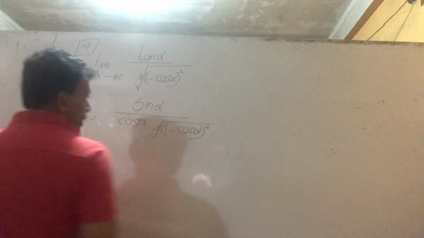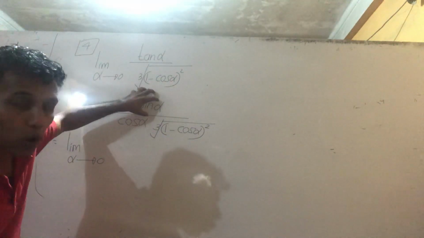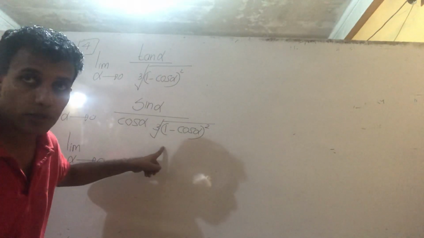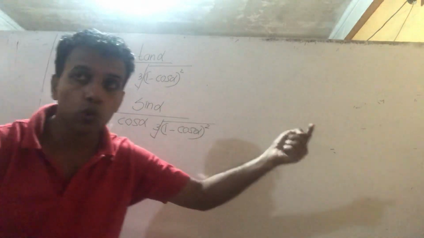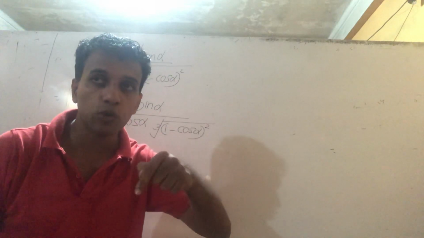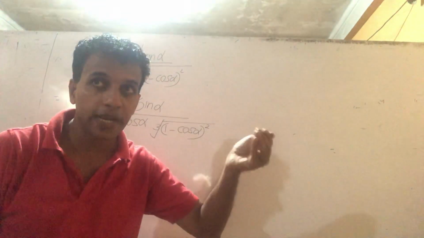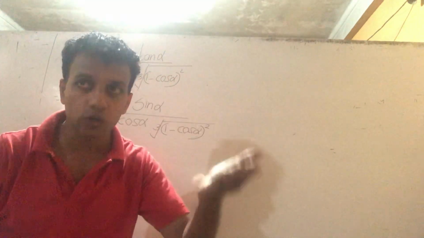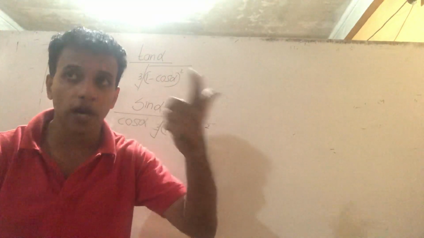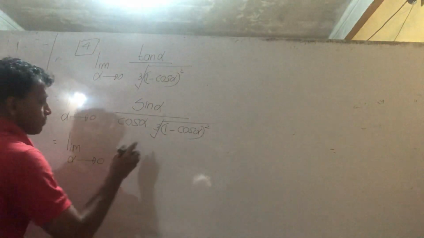Therefore now I take the sine alpha also inside the third root. What happens? 2 taken inside the third root becomes 8. 10 taken inside the third root becomes 1000. 5 becomes 125, 6 becomes 216. So like that,